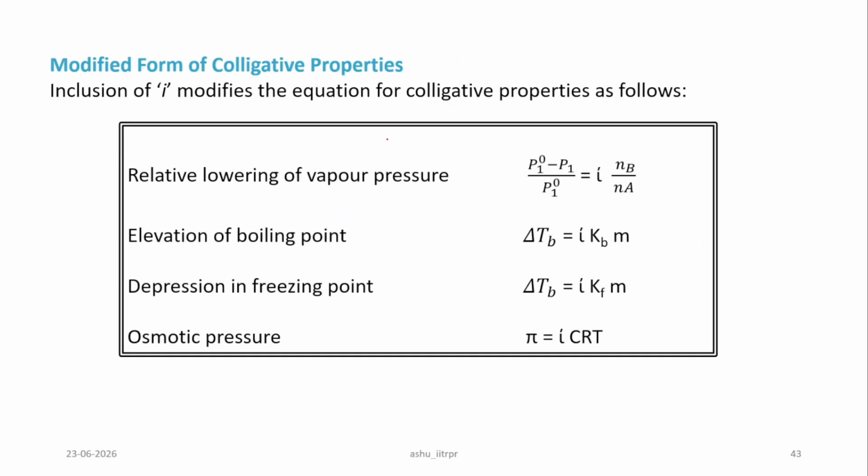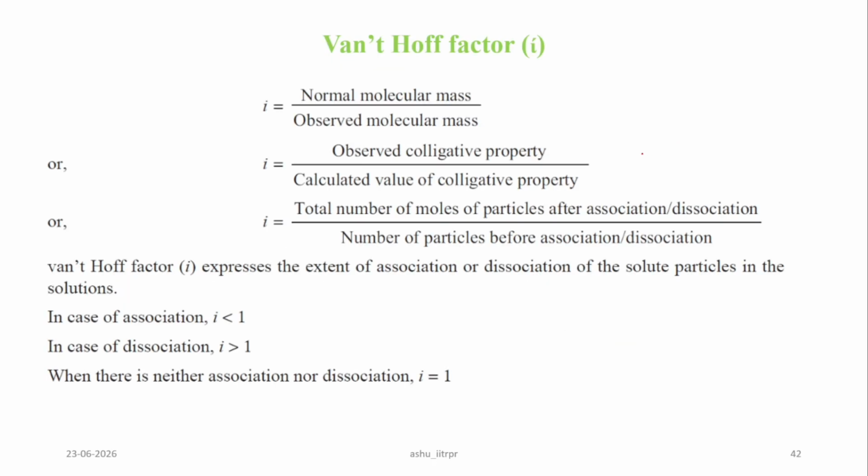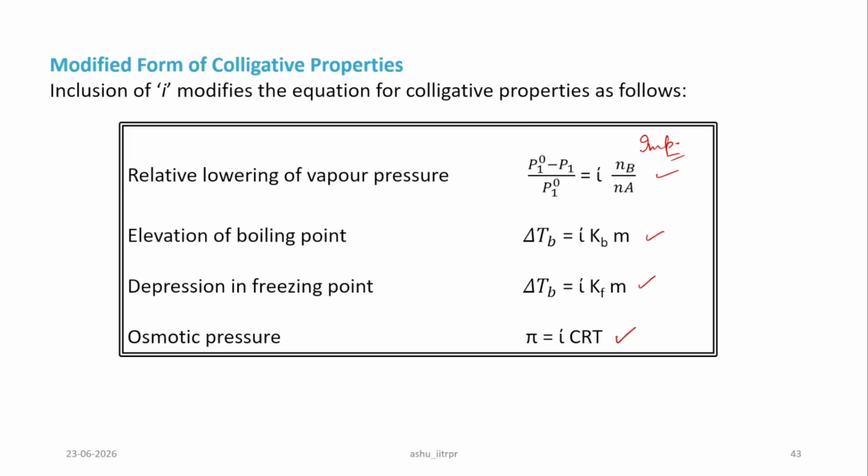So then we have the modified form of colligative properties. Whatever colligative property we have studied, just put I in front of every one. So we have read delta Tb is equal to Kb into m, so write i into Kb into m, i into Kf into m, or pi is equal to iCRT. Whatever colligative properties there are, just put I in front of that, and that is your modified form of colligative property. And I would recommend you remember it this way only. Always use this formula and put the value of I, and I is 1 if the solute is of this type, like we have NH3, urea, glucose, sucrose, or any other organic compound.